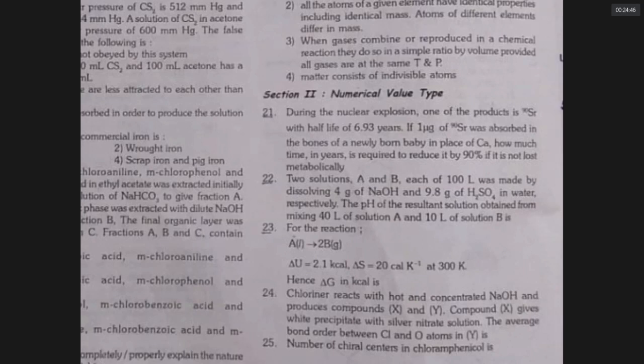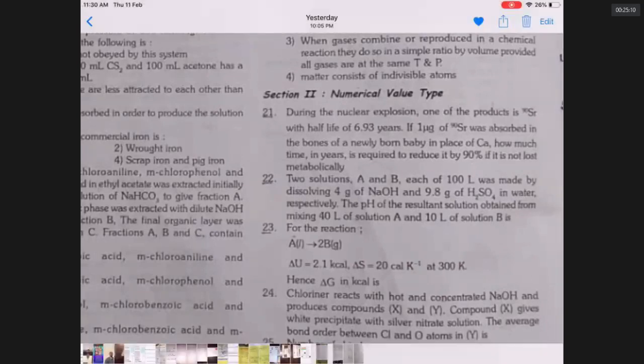0.1 mole of NaOH and 0.1 mole of H2SO4. Forget about that. We'll see the moles, we'll see the equivalents now. 0.1 mole of NaOH I have taken means 0.1 equivalents of NaOH, because for NaOH molarity and normality are both the same. Each NaOH is giving 1 OH minus. So how many equivalents of NaOH is there? 0.1. Can we see that really? Yes, sir.